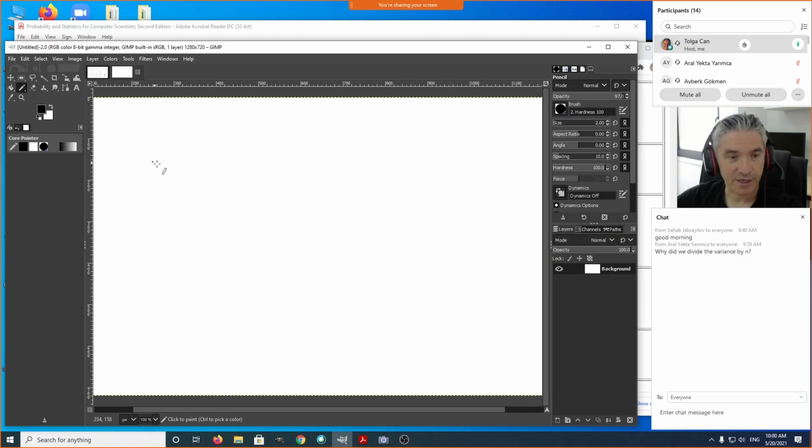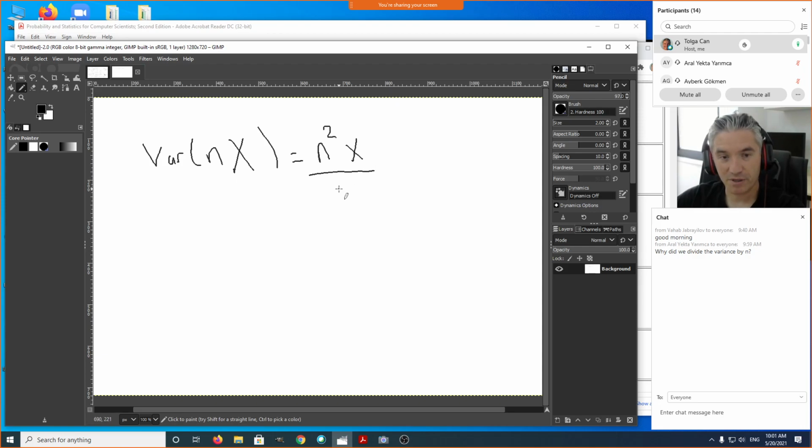Okay, so what is the variance of n times x? It's n square x, right? This is the variance of n times x. So this is the variance of the sum. But the thing is that we are not interested in the variance of the sum. We divide this by a number, okay? So actually then the standard deviation of this will be n times this,